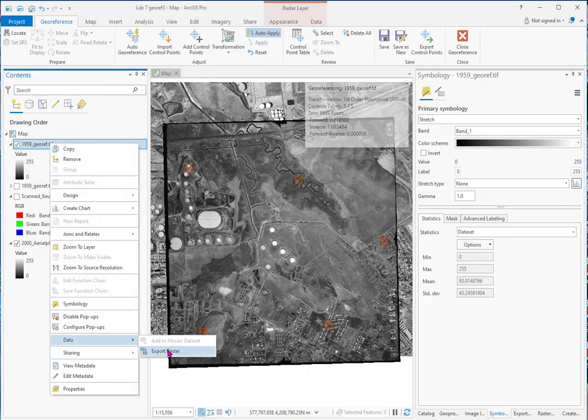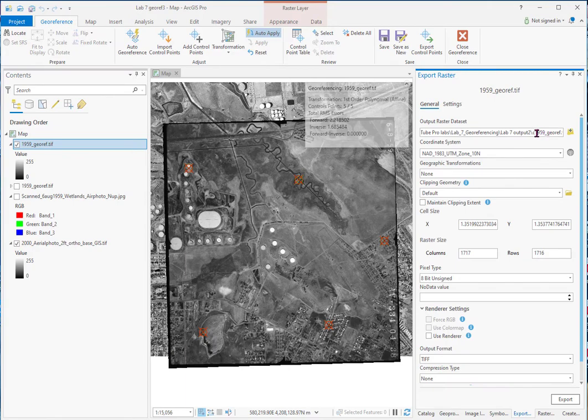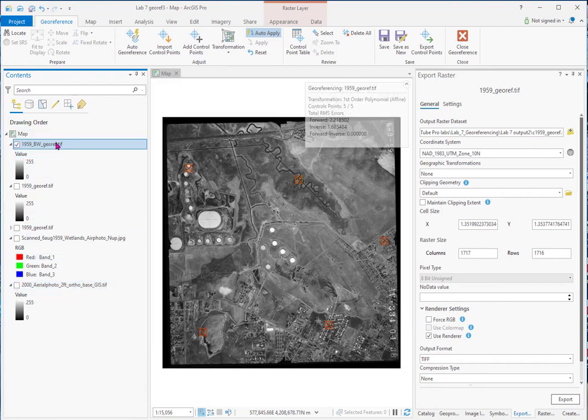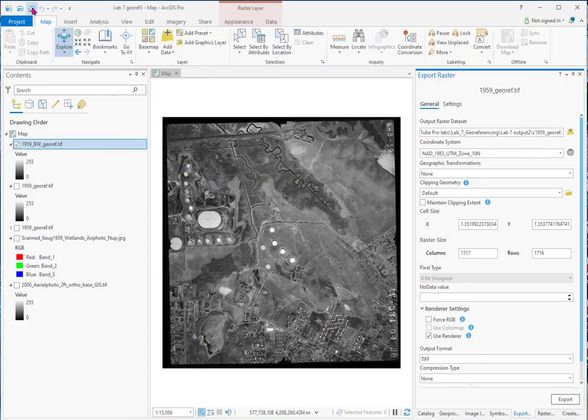I can go to data sharing, export raster. I'll call this 1959 black white. And I'll use the renderer because I turned it into that stretch. And if I turn everything off, that's my new grayscale georeferenced image. Ready to go, 1959, ready to go into any GIS or up on Google Earth or into ArcGIS, Earth, whatever. And so all we want to do is close, save the project, and move on to the second part of